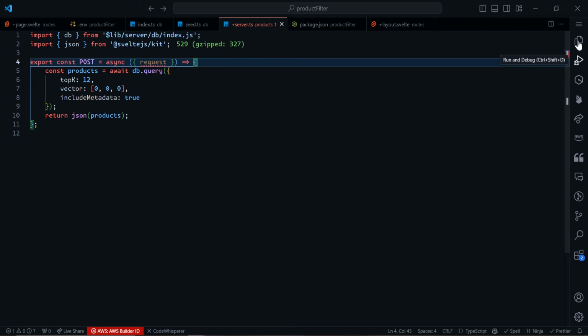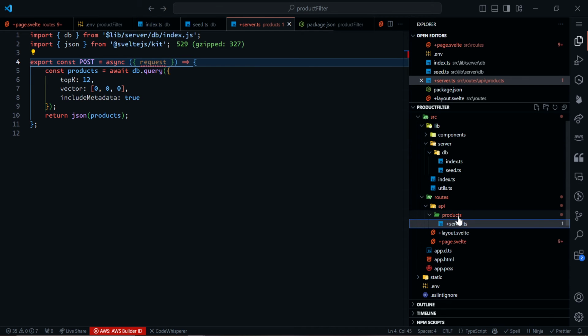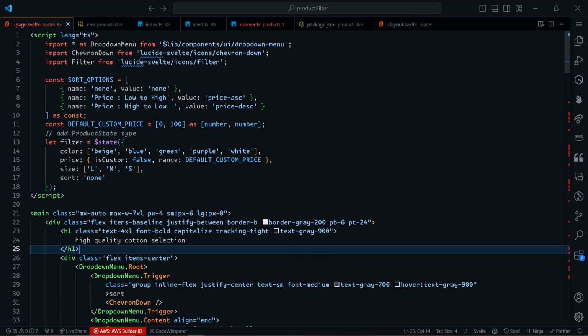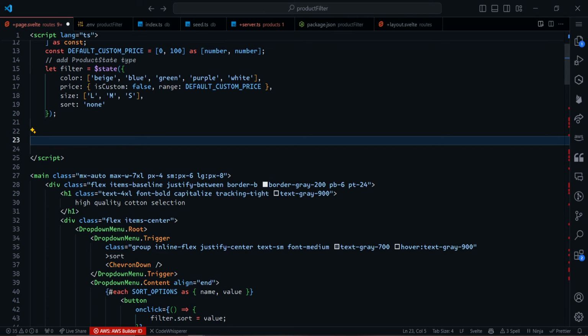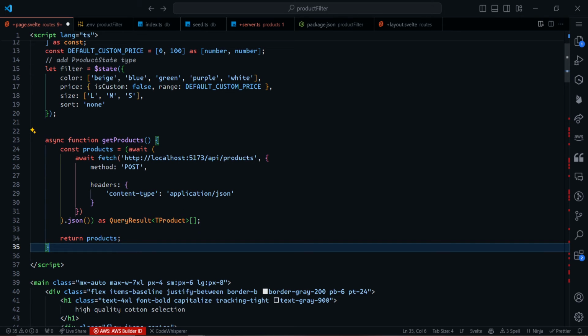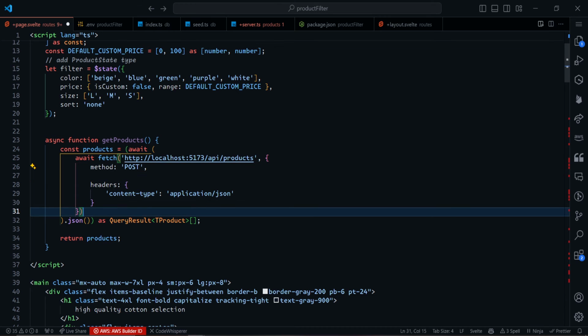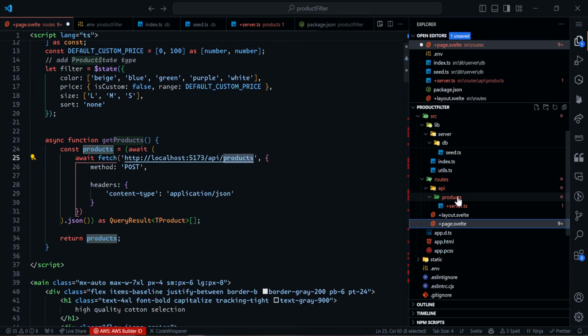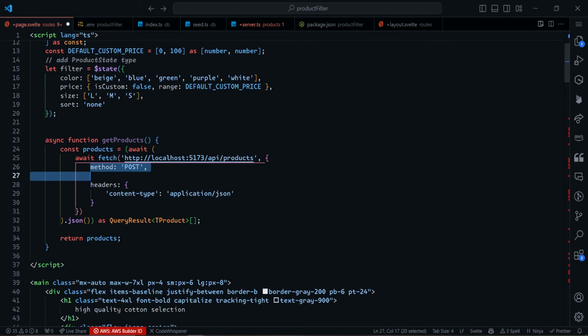Now we can use this endpoint to actually fetch data for our page. Now go back to our page. We can fetch from that endpoint very easily by creating this get product function. This get product function basically uses our usual fetch, and we fetch from our base URL, and then we go into the API and then the products folder, which is where we have the endpoint in, and there we set the method to POST, and we have the headers content type